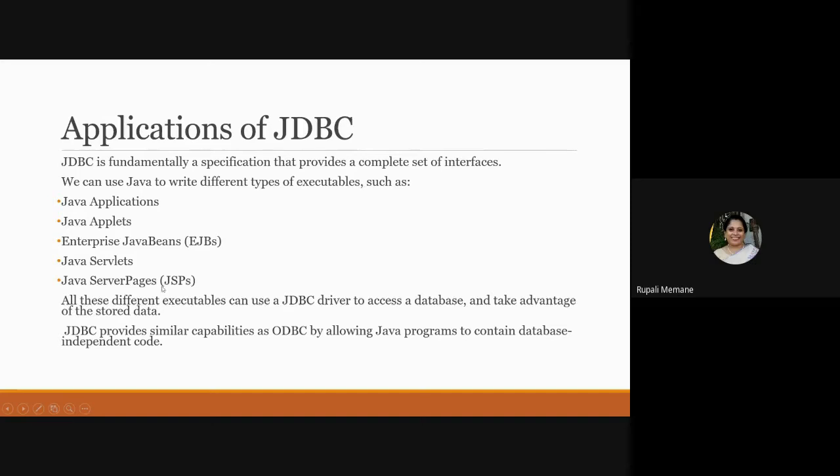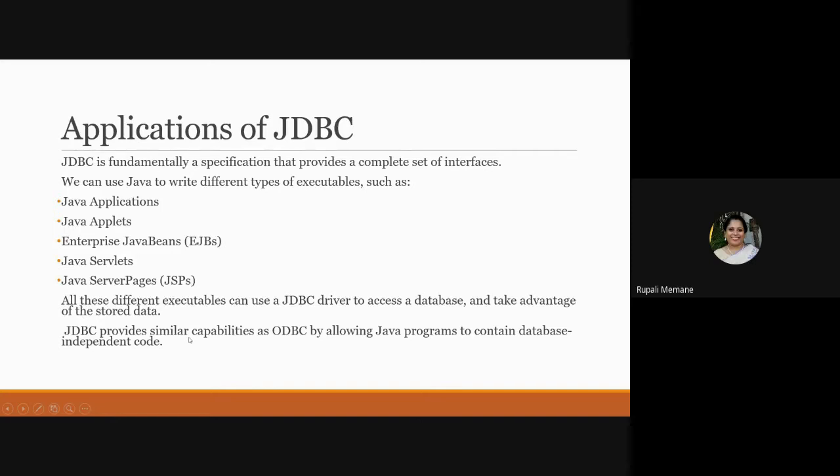So Java Server Pages, I can create. Basically anything which you create, I need to connect it to my database. So JDBC is going to help me with all these applications. But for all this to work, I need different JDBC drivers which are going to access my database and retrieve the data stored in the servers. So a specific driver has to be assigned to that. We will be coming to what exactly JDBC drivers are.